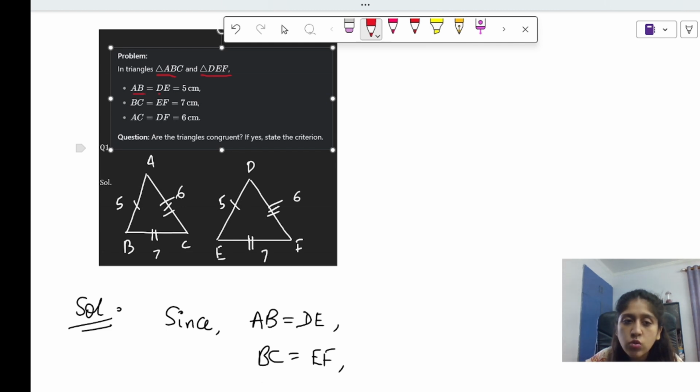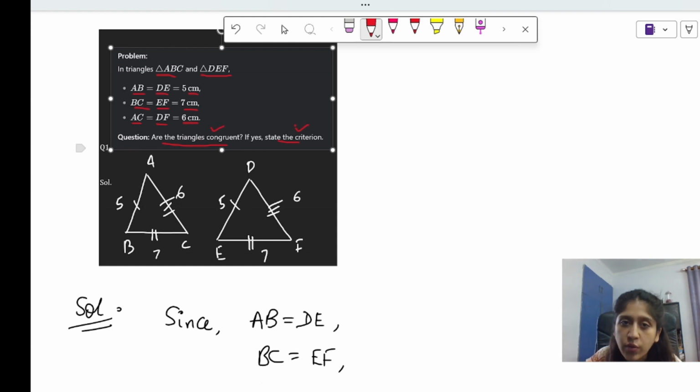So AB is equal to DE, which is equal to 5 centimeter. BC is equal to EF is equal to 7 centimeter. AC, DF are equal and they're equal to 6 centimeter. I hope the pattern is clear. Now what does the question say? The question says, are the triangles congruent? If yes, state the criteria. What does this mean? सबसे पहले तो हमें congruence prove करना है, and then we have to tell them कि